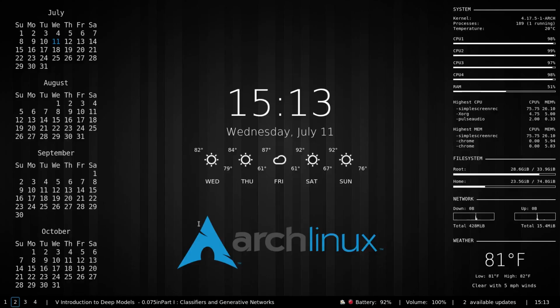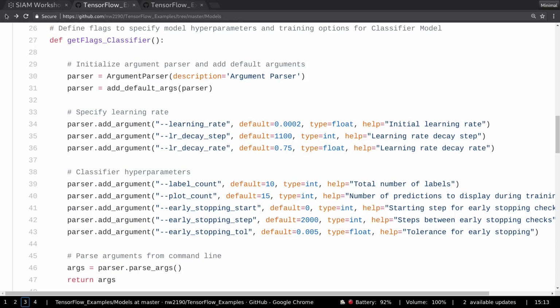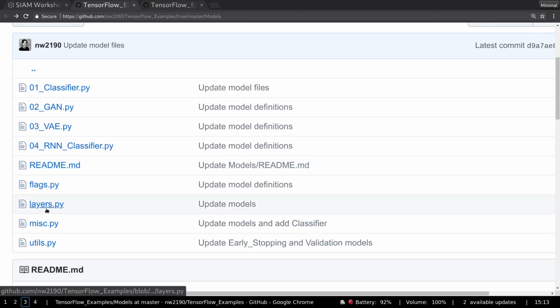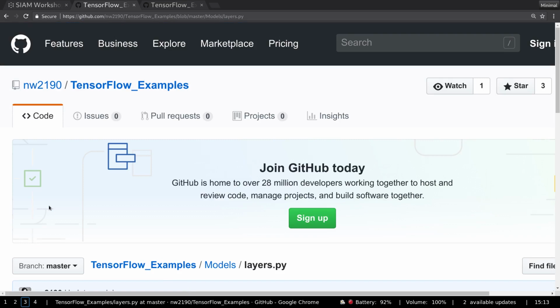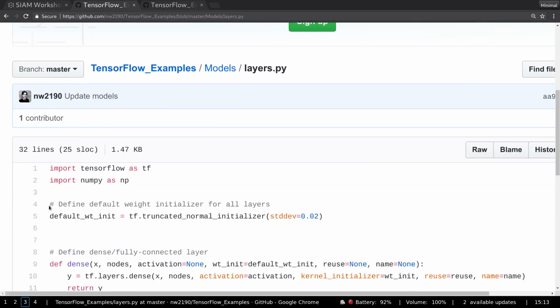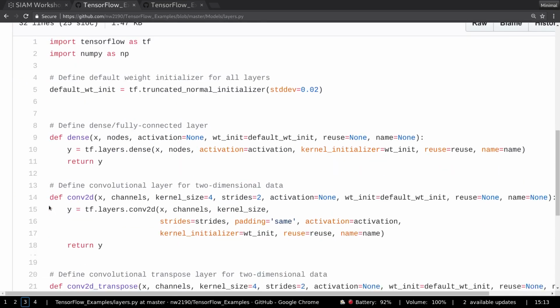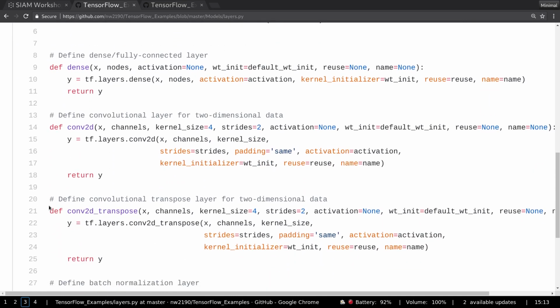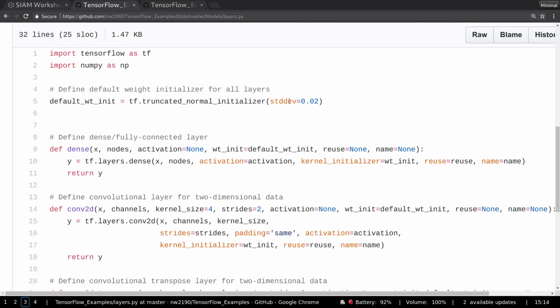In particular, we're defining the layers, the actual network layers that we'll be using. And again, these are what I referred to as custom layers, but really they're just a way of adding default arguments. For instance, if I just call dense, it will refer to tf.layers.dense. But it will have a default activation function. In this case, I've just set it to none. And some default weight initializer,